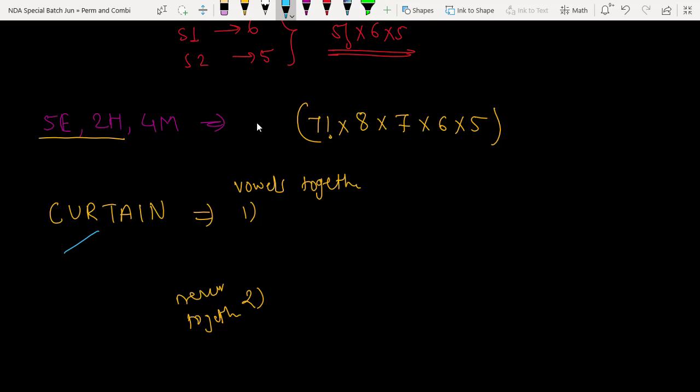First of all, how many vowels do we have in total? We have U, we have A, and we have I. So you have 3 vowels. Vowels together means we form a group of vowels. 3 vowels are there. How many remaining non-vowels? There are 7 letters, 3 gone out of 7, 4 remaining. How many distinct objects am I looking at? 5 distinct objects can be arranged in how many ways? 5 factorial. These 3 can be arranged in how many ways? 3 factorial. My answer is 3 factorial into 5 factorial. Very good, excellent. Now coming to the next question.